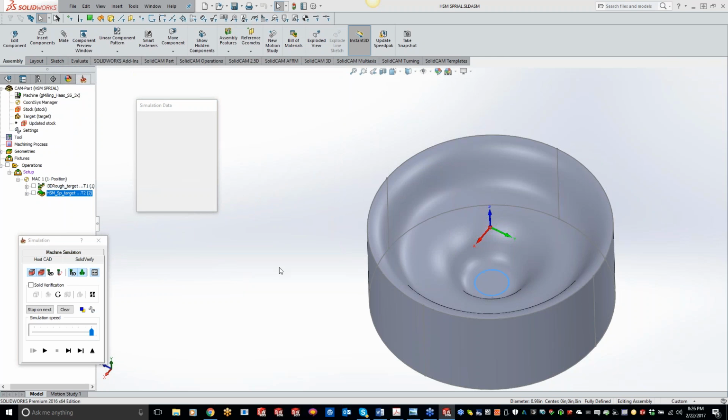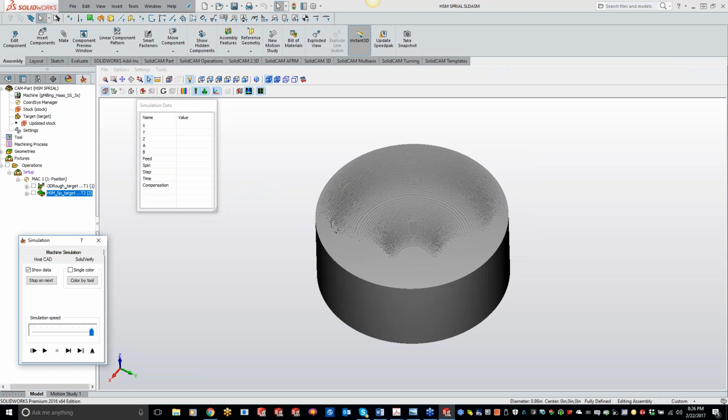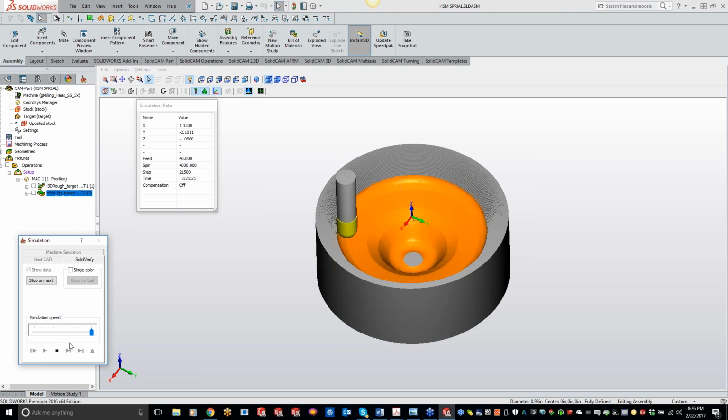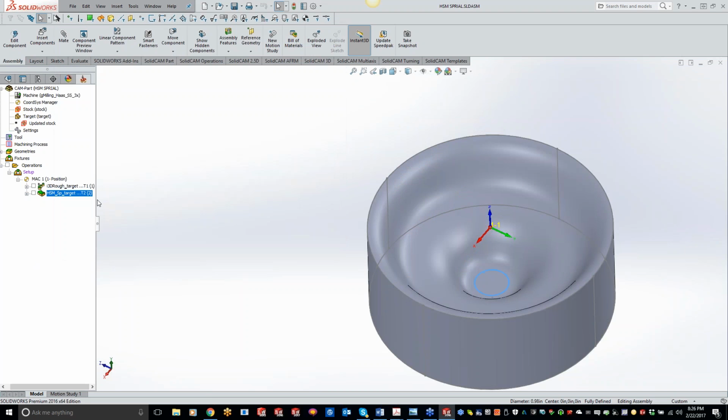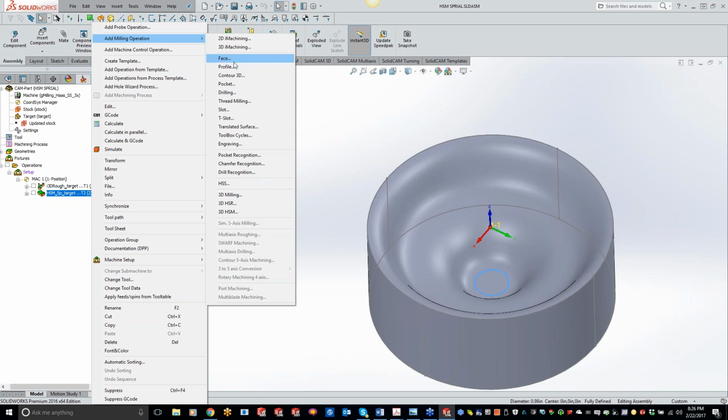And we'll go to our solid verify now, and kind of leaving that flat area off. Now the nice thing with that is if you wanted to, we could come back, and we talked about HSM horizontal, and it would basically come in there and clean up that. And if we wanted to, we could just add that in real quick. We just do add milling,